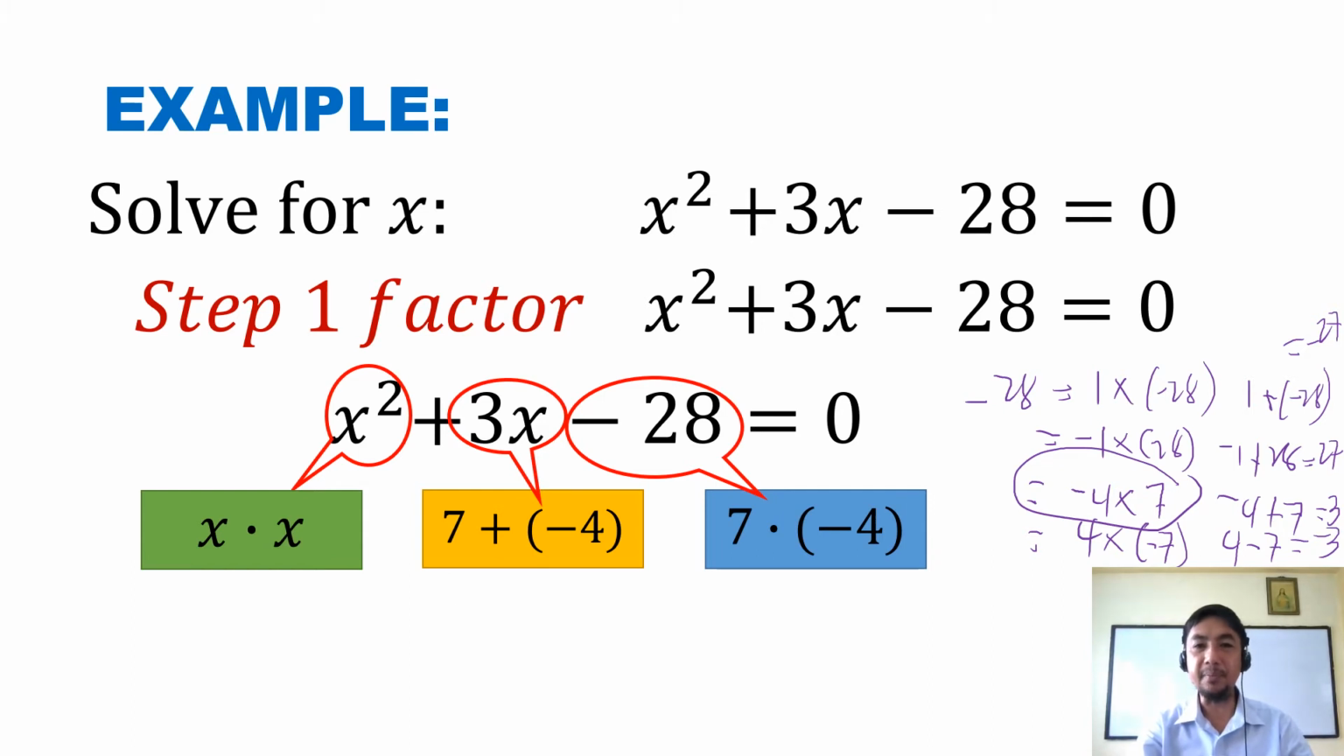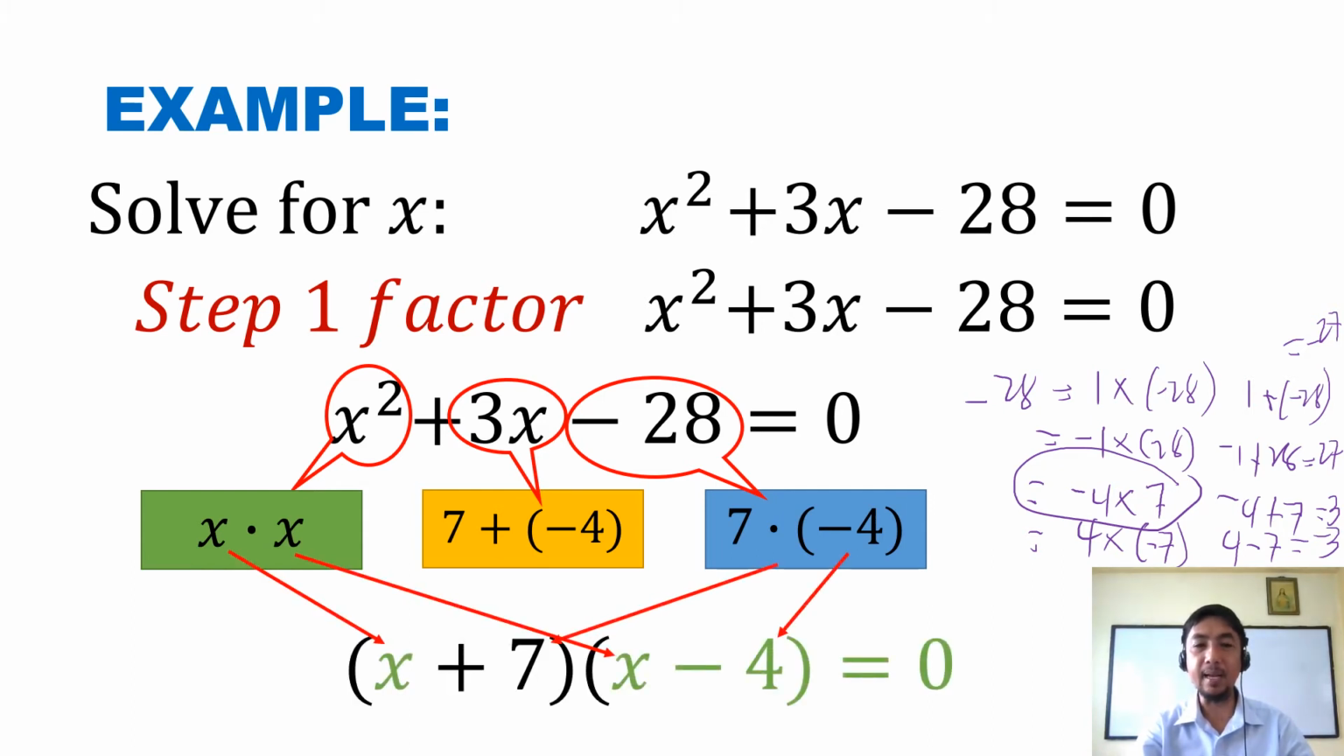And after that, the same process, ilagay natin yung factors na x doon sa first term ng binomial, and then yung factors ng negative 28 doon sa last term ng binomial. So therefore, the factored form of x squared plus 3x minus 28 is x plus 7 times x minus 4 equals 0. And then,